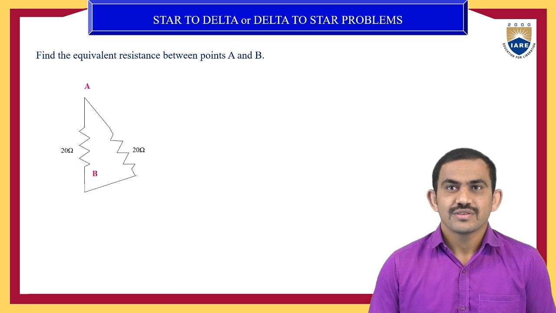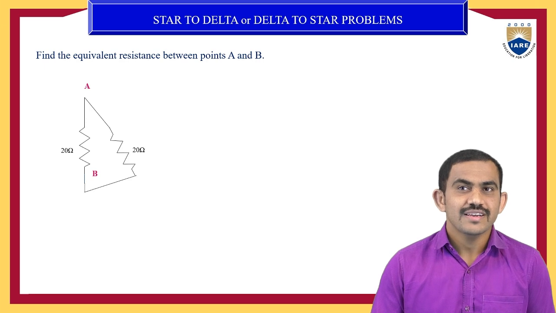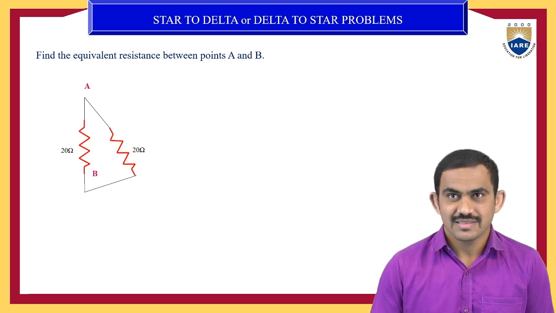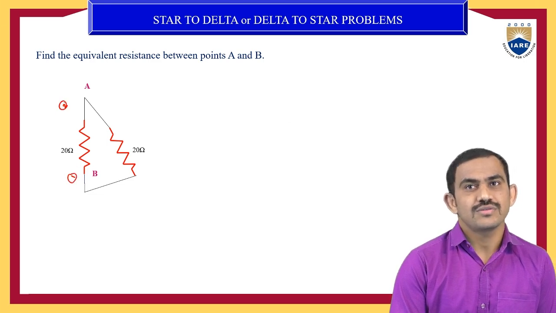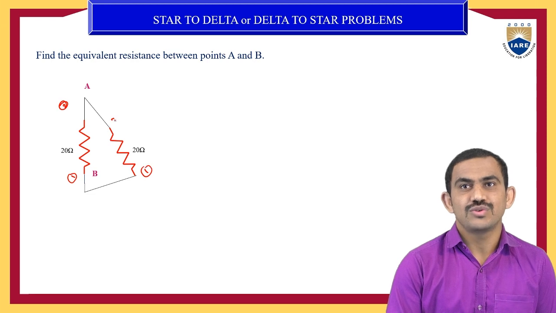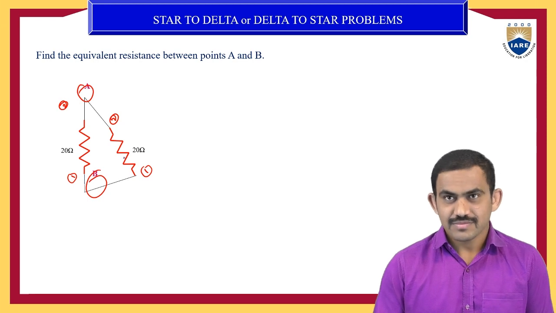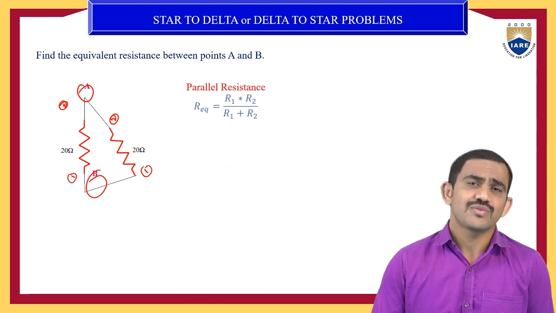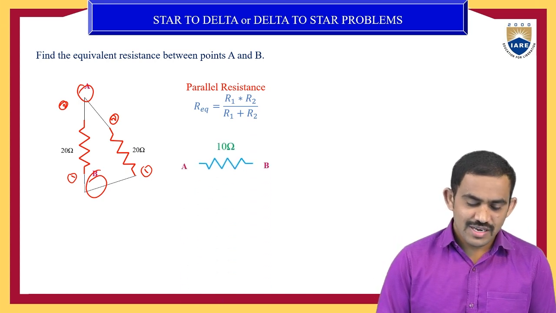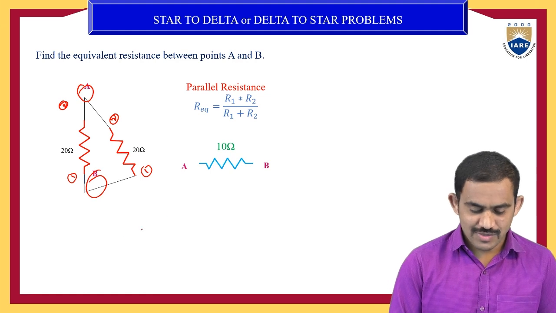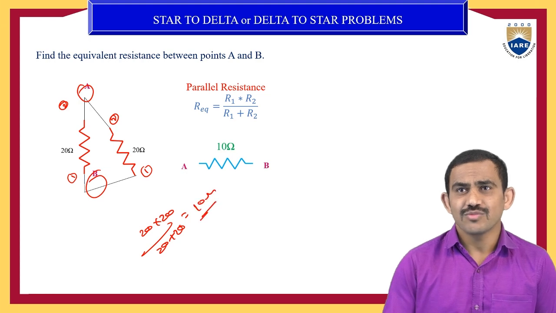This is your circuit. So in this circuit, are both in parallel or series? Both are in parallel, not in series. That means for this resistor, point 1 and point 2 are the same as point 1 and point 2 of the other, between nodes A and B. So both are in parallel, and with the formula R1 into R2 by R1 plus R2, how much will you get? Only 10 ohms: 20 into 20 by 20 plus 20. You will directly get 10 ohms.